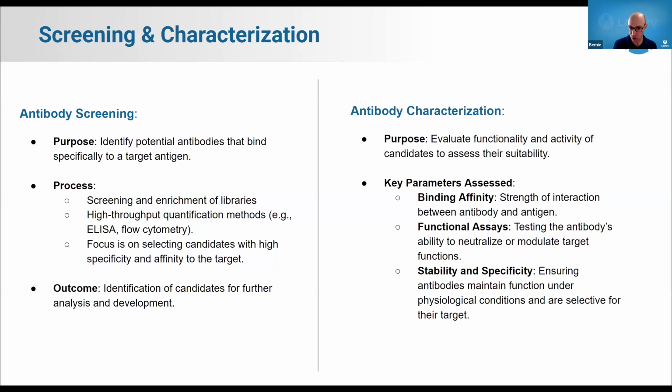A couple of examples of parameters that are assessed: binding affinity, we already talked about. If you have an antibody that barely binds to an antigen, go ahead and toss it out. Functional assays, stability and specificity. Again, all of these things ultimately really matter. They are great ways of starting your campaigns to filter down from millions, billions, or more possibilities to a human manageable